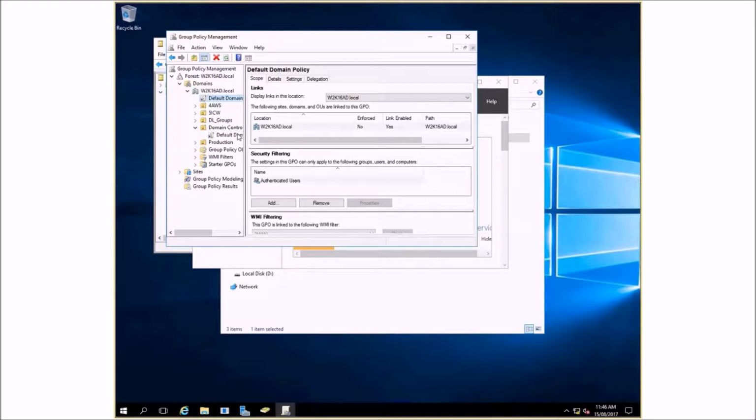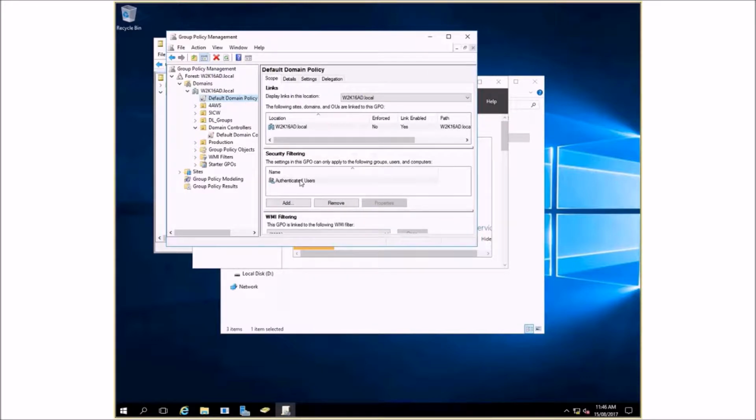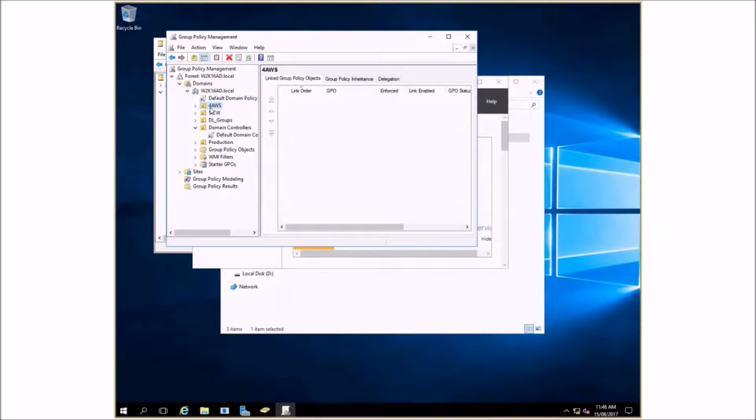Even though the name group policies makes you think it's to do with a group, really it's applied to containers like organizational units, domains, sites, etc. It's not to do with groups. You can see that we've got our 4AWS organizational unit. Remember, that's where Gary, the user we were talking about, is located. Before we even go there,